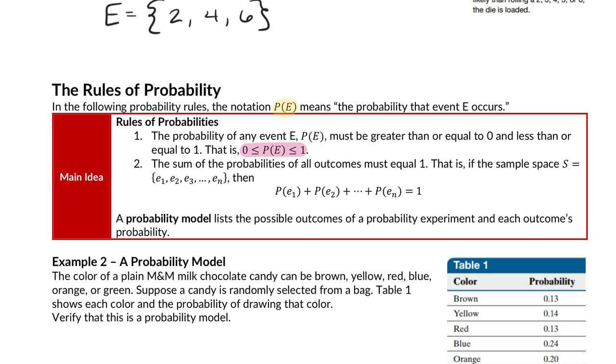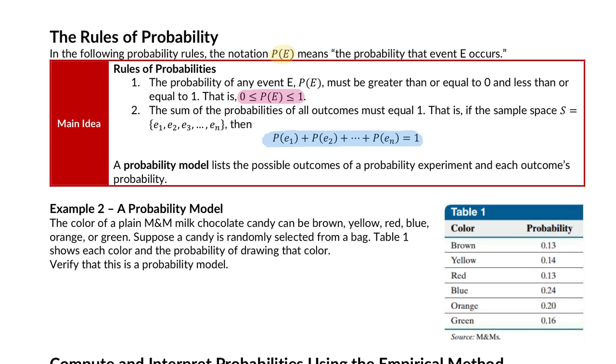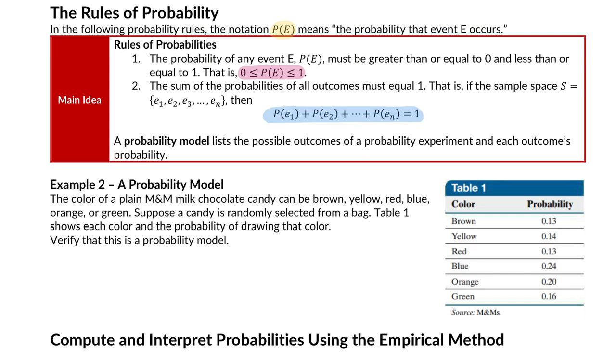Step 2 is that the sum of all of the probabilities must equal 1. That is, if the sample space has the events 1 through n in them, then if we add up all of the probabilities that are listed, all of the probabilities have to equal 1. Otherwise, we're not looking at the entire experiment and all of the possible outcomes, since something is missing there. We need to add it up to 1. One of those things has to happen because we have 100% certainty that something in that list would add up. If we meet those 2 criteria, then it means that it is an actual probability model.